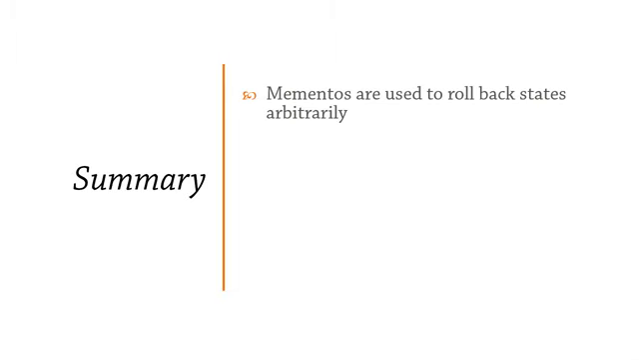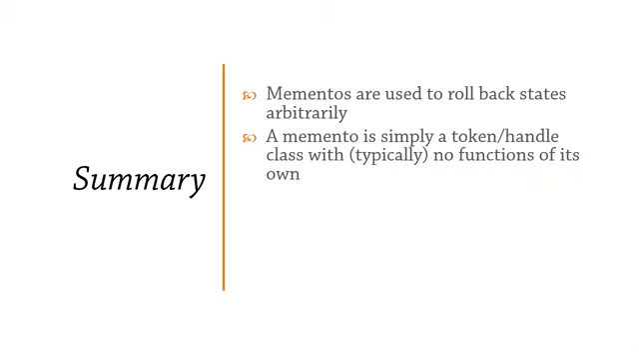So let's try to summarize what we've learned about the memento design pattern. Mementos are typically used to roll back states arbitrarily. A memento is typically a token or a handle class, and it usually has no functions of its own. It has a certain amount of state, and that state is typically immutable, meaning that you have read-only properties, for